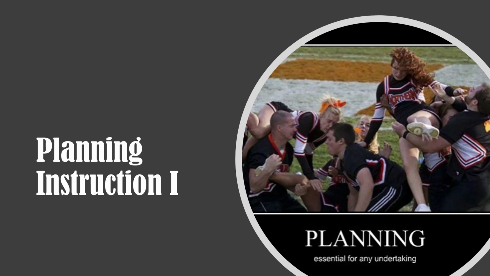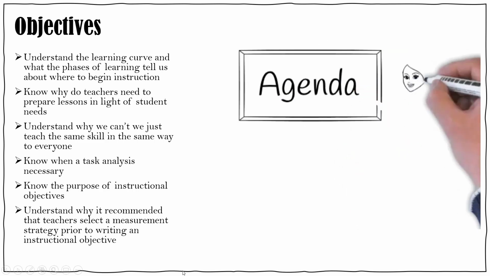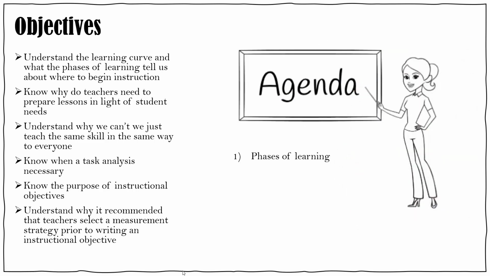classroom environment. So figuring out your learner's needs and addressing them in the planning stage allows you to teach on the learner's level, which results in the learner being more likely to understand the lesson and be engaged in the lesson, which in turn decreases challenging behavior and makes the whole classroom environment more enjoyable and less stressful, which is great. So for this video, our objectives are on the left, and for our agenda, we're going to talk about